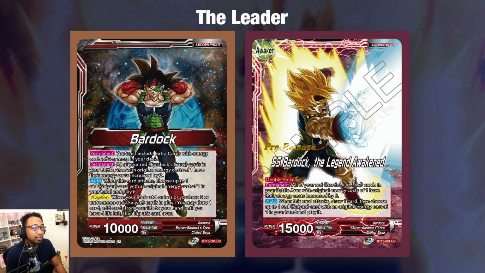So it doesn't have to be Bardock's crew, it can be any red Saiyans, and you can draw 1 and add up to cards in your life until you have 4 left in life, and flip it over. So the whole thing about this is that you want to Awaken turn 2 pretty much every single time. I don't really know if there's a time that you don't want to, because you're gonna be able to do